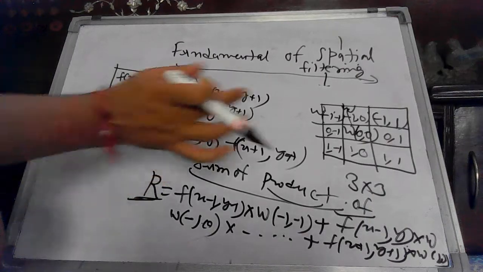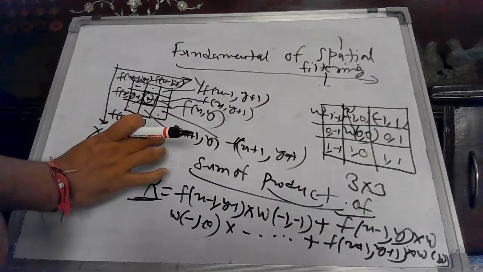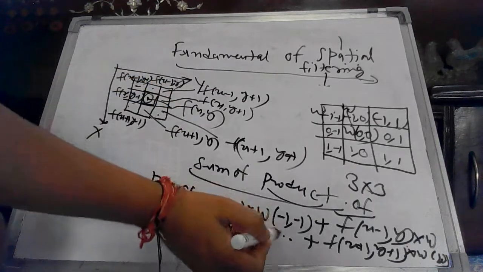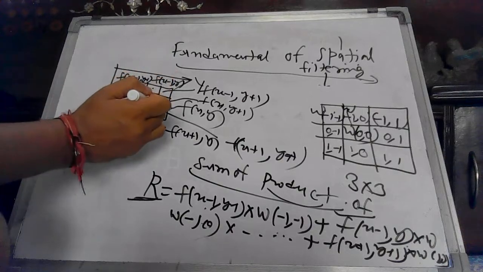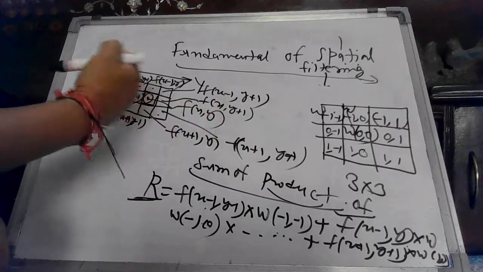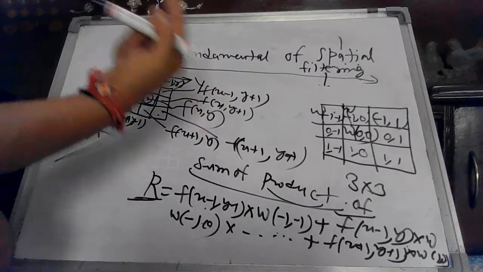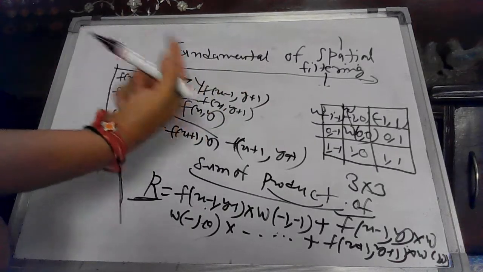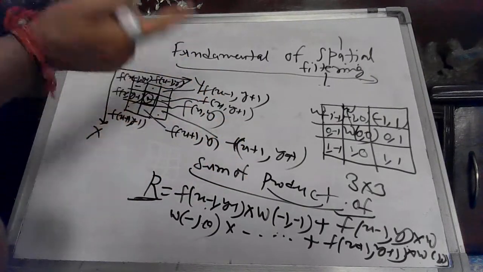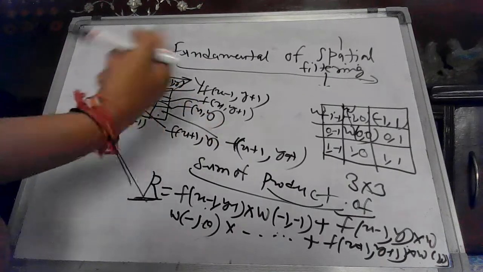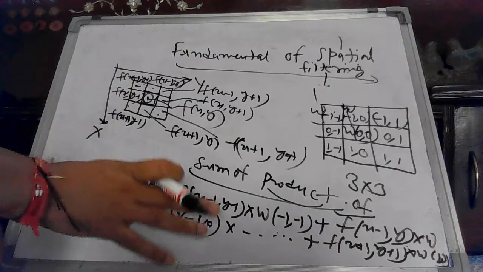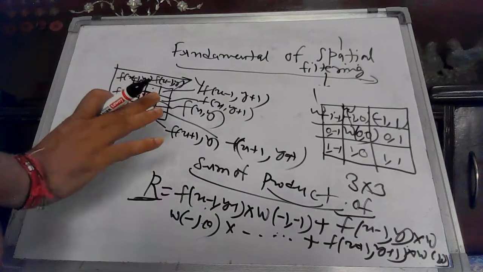That is the spatial filtering. You are using some mask over some image plane and processing a particular pixel based on the values of its neighbors, not directly on the pixel alone. If you remember your beginning lecture on image enhancement techniques, there we were processing pixel by pixel without considering the nature of its neighbors. Okay, so that is the difference. Here you are processing a pixel but by using some kind of tool, and that tool is your mask, filter, kernel, template, whatever you say. So the resultant answer will be like this.